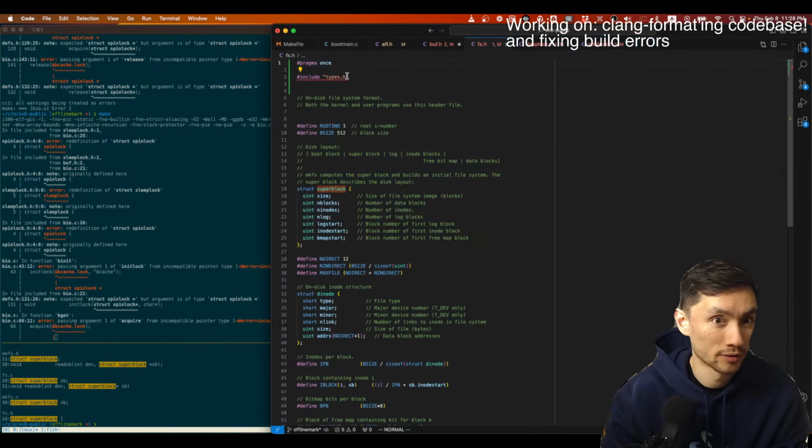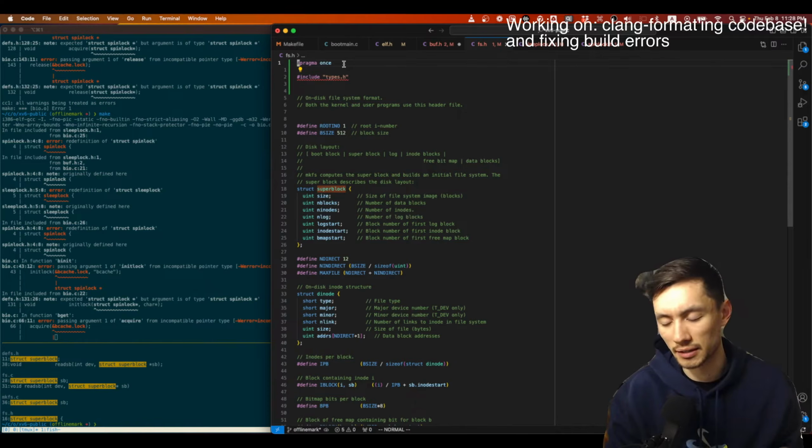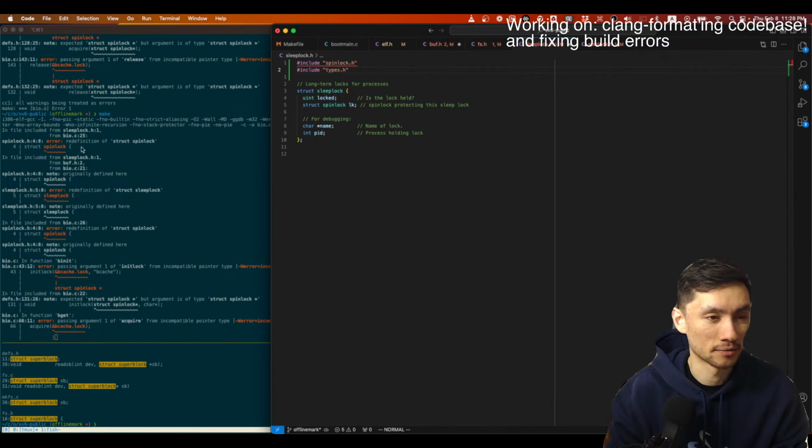Pragma once is one way of doing it. The more traditional way uses the define keyword. It looks like a weird word, but that fixed the error. We no longer got the superblock error, so now we're moving on to spinlock.